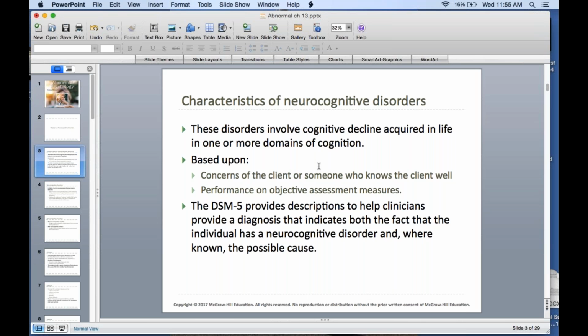So these disorders involve cognitive decline that is acquired in life in one or more domains of cognition, right? So all those types of things: functioning independently, information you'd learn in school, memory of social medical history,